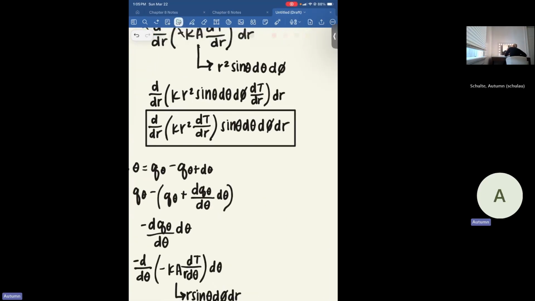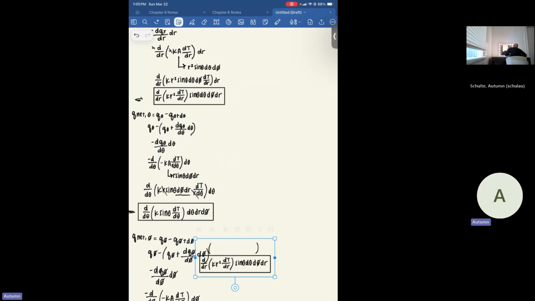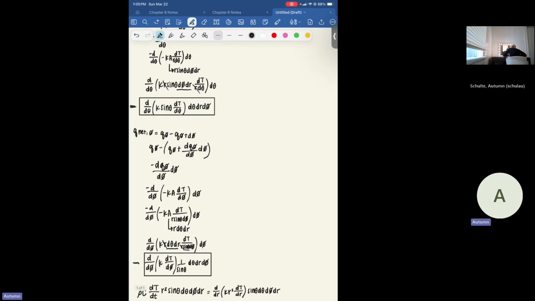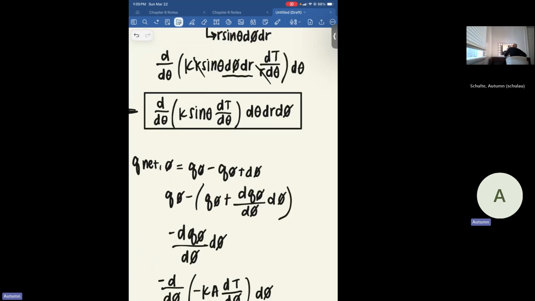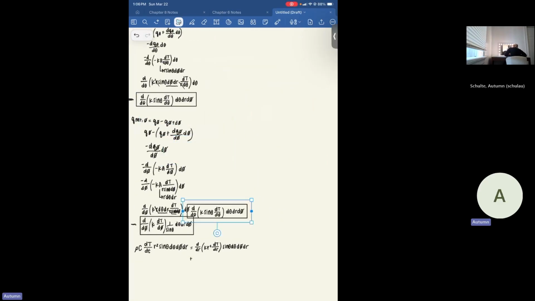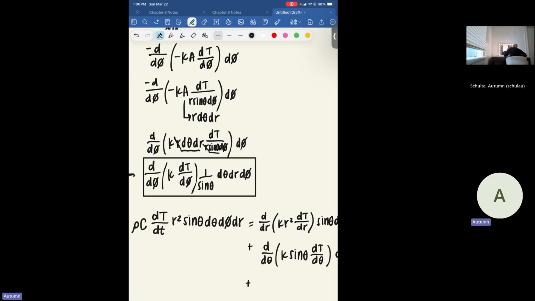So that was this term right here in our radial direction, plus the net heat flow in our theta direction, plus our net heat flow in our phi direction,